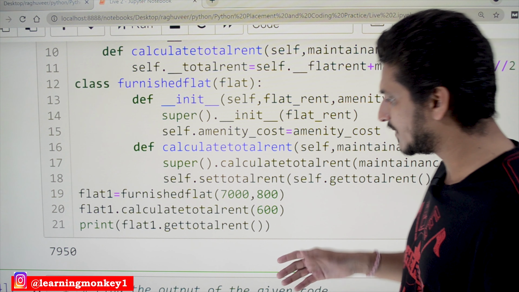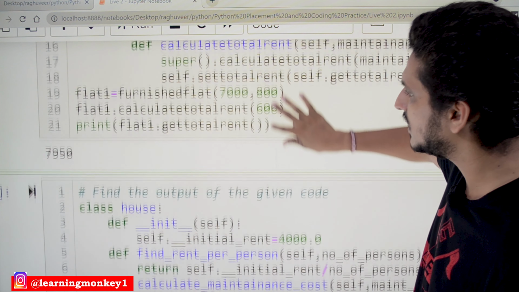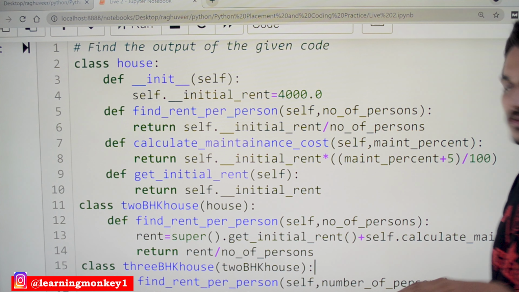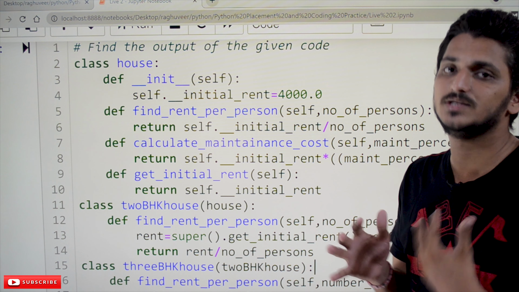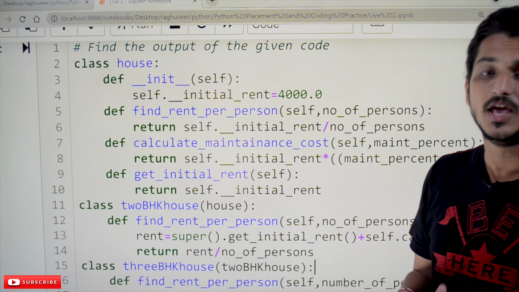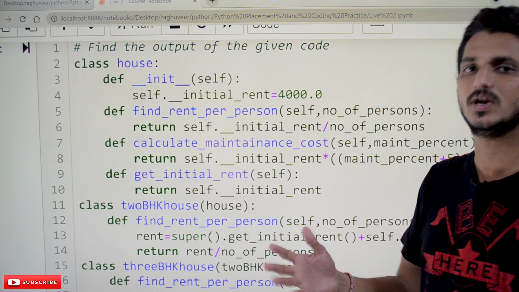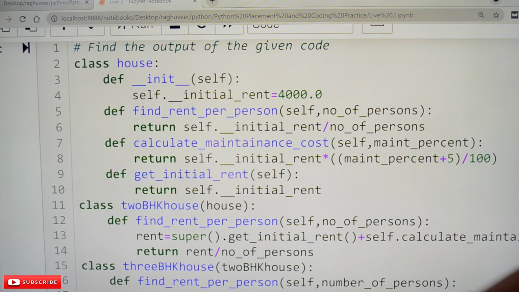Let's take one more example so that we will have a better understanding of how to solve inheritance problems. For the second one, note down the question first, then try it on your own. You have to solve it in 2 minutes. That's the maximum time given in placement exams for this type of problem. If you cannot solve it in 2 minutes, you have to practice more times till you get that clarity and understanding. Note down the question. This is the question.